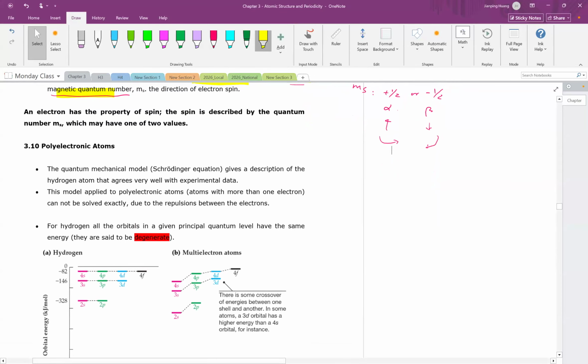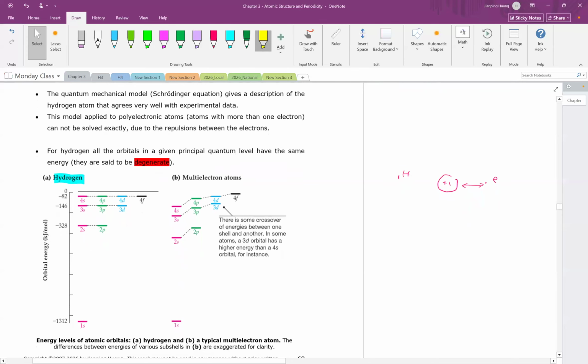Up to this point, what we did was hydrogen. How many electrons does hydrogen have? Hydrogen only has one electron. So you have one proton and one electron, so there is only one interaction. And that interaction is what? Attraction. So look at the hydrogen